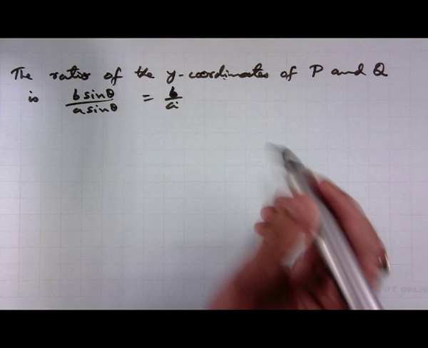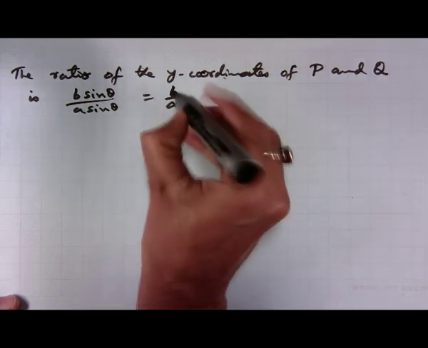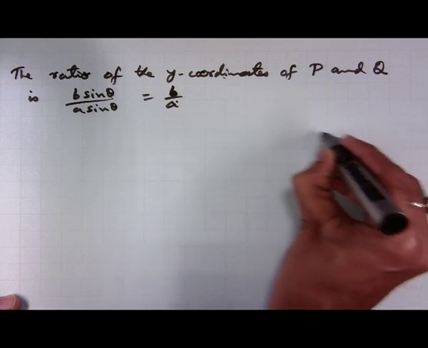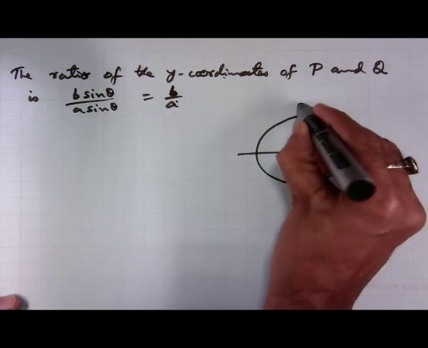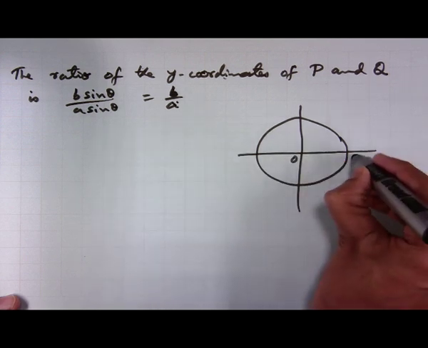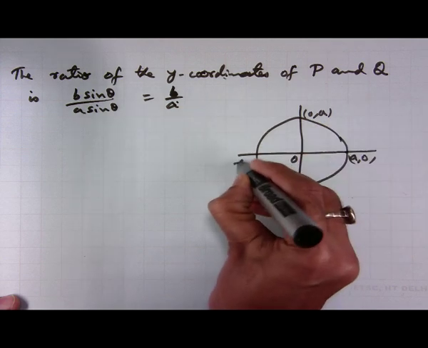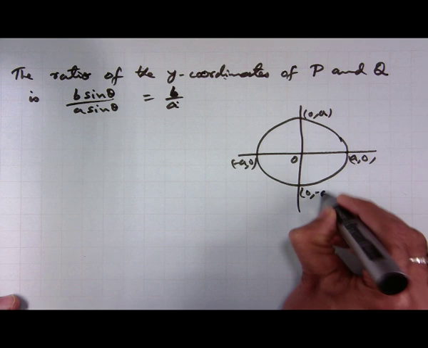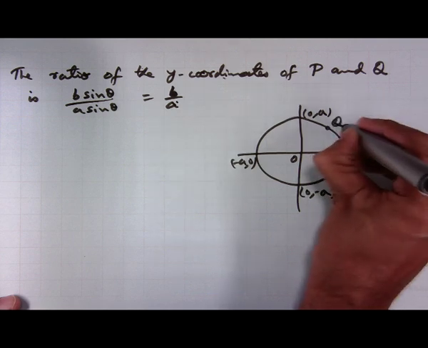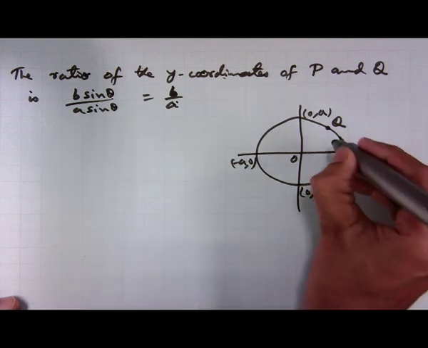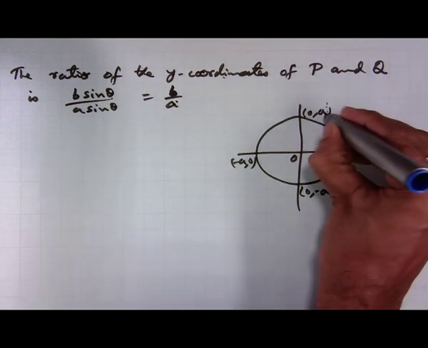If I want to describe the ellipse x square by a square plus y square by b square equal to 1, you first look at the circle of radius a centered at origin, and then you look at any point Q on this circle, then the point P on the ellipse will be on this vertical line through this Q,